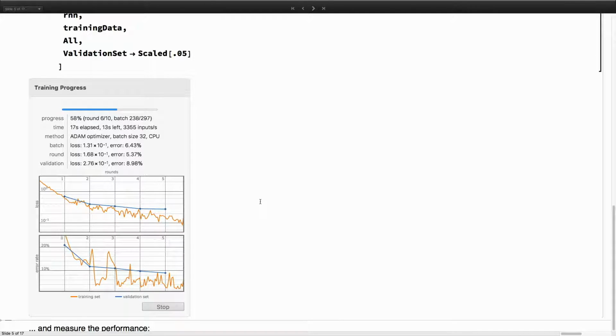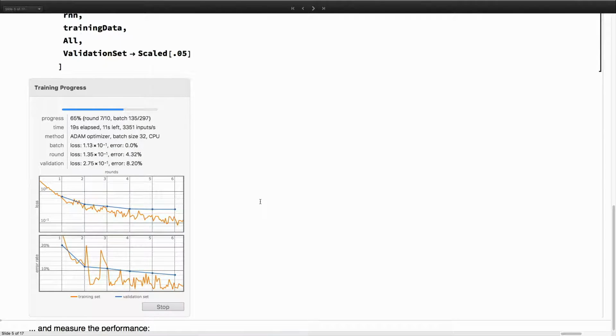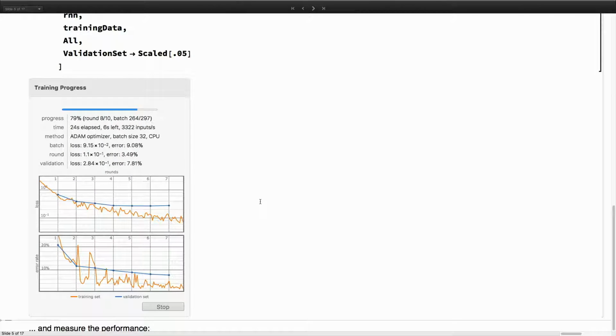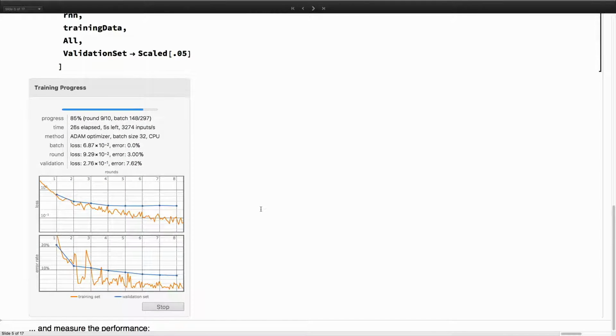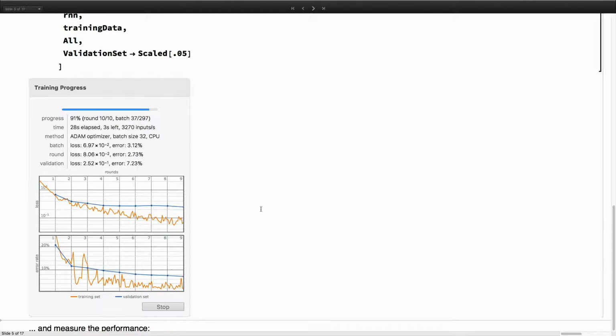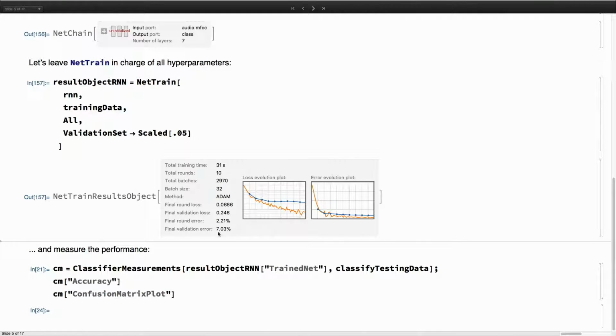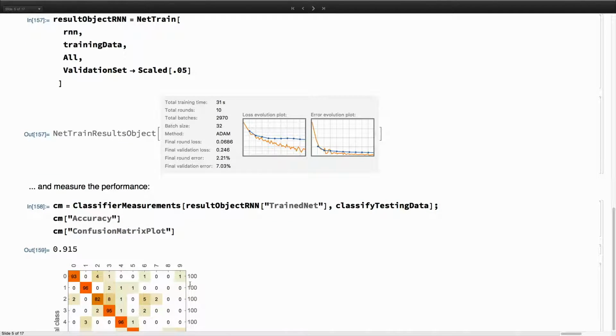And even with that, the training speed for this simple example is quite impressive with respect to what we could have had in the previous versions. And after the training is done, we can compute the performance. And as you can see, we jump from a 70% accuracy to a more than 90% accuracy.